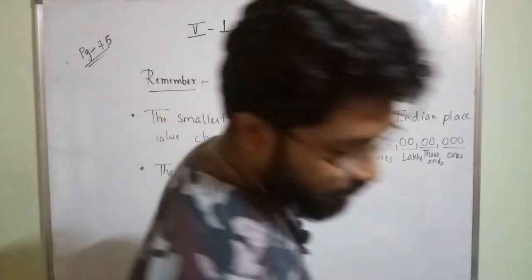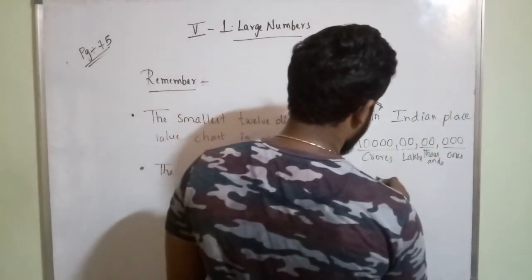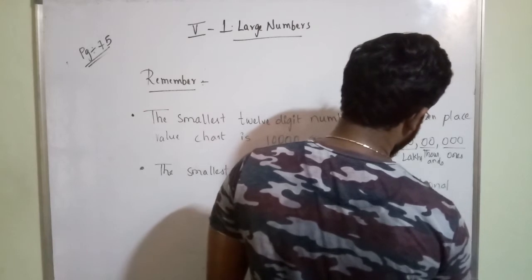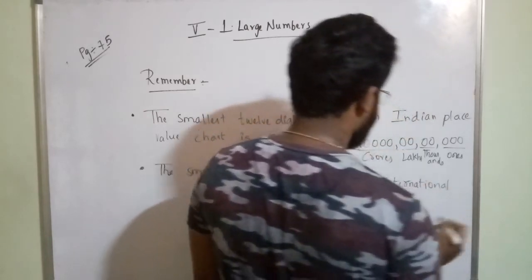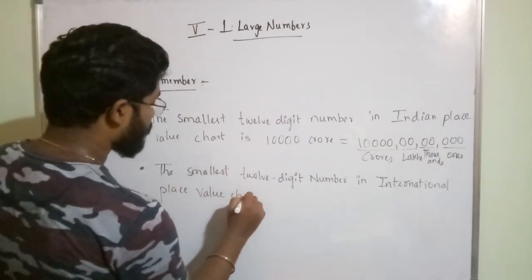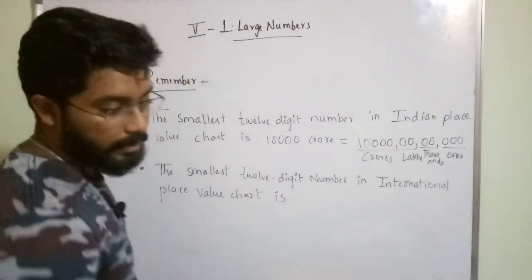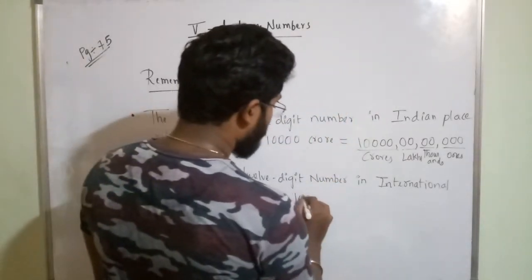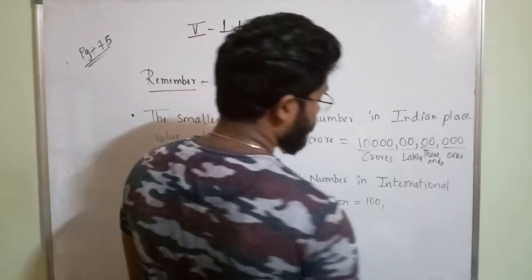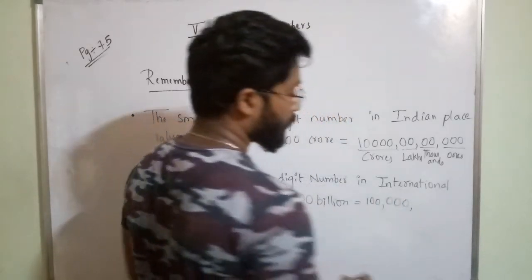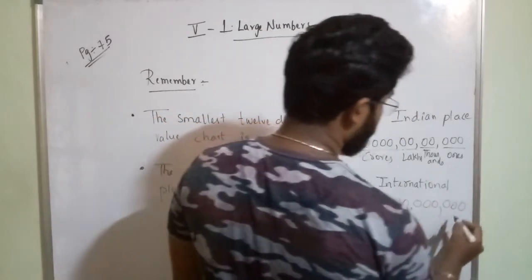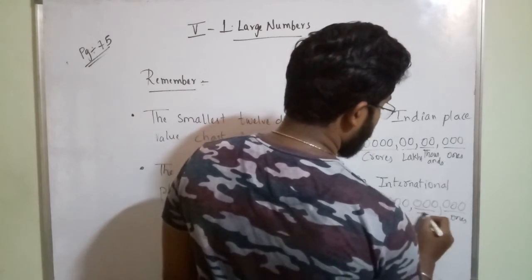The smallest 12 digit number in international place value chart is 100 billion. 100 billion means 3 digits in billions place, 3 zeros in millions, 3 zeros in thousands place, and 3 zeros in ones period. Ones period, this is thousands period,